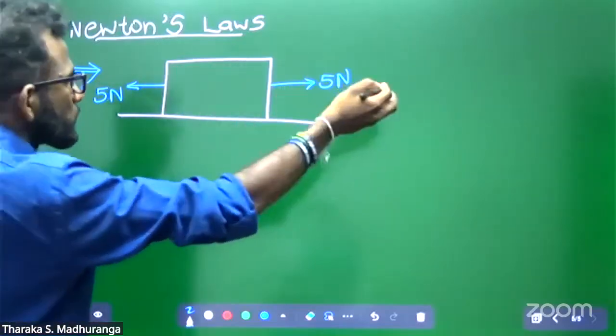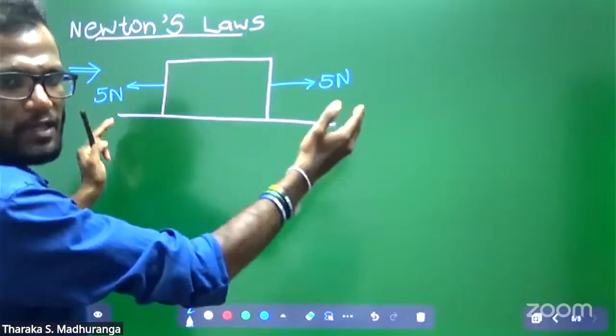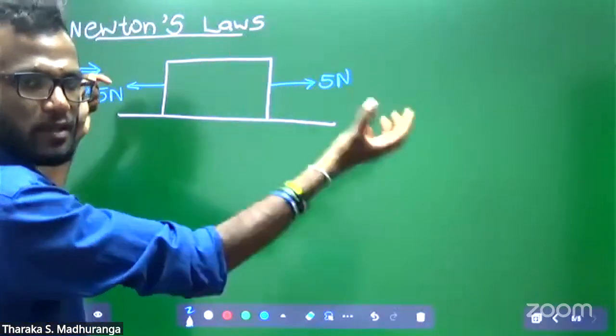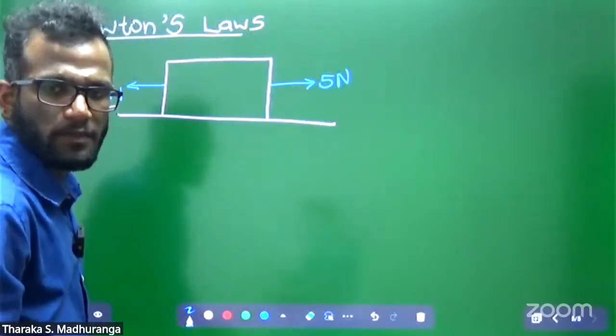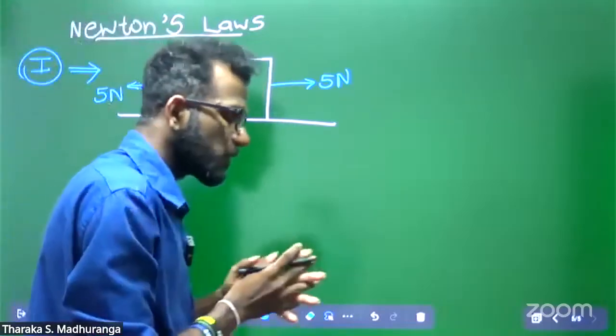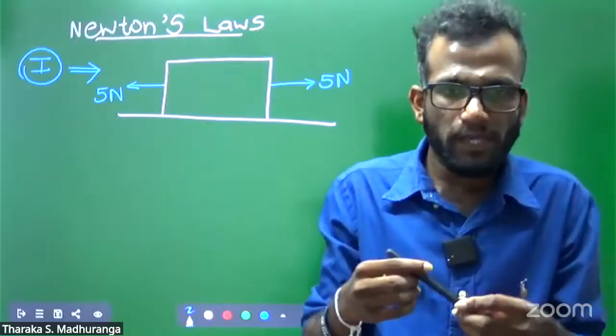5 Newton in this direction, 5 Newton in this direction. Is there any unbalanced force? No, it is balanced, no? 5 to 5 balance. In this case, in this object, if there are no unbalanced forces acting on any object,